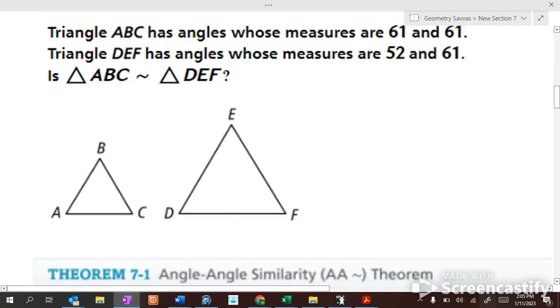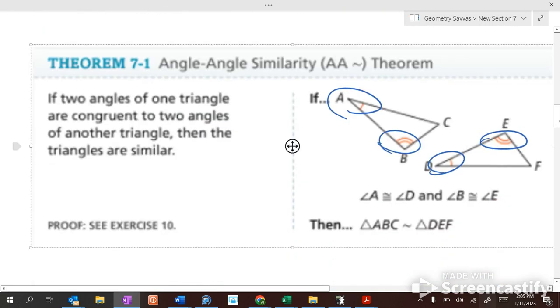So what that says is, as long as you know there are two angles of each triangle that are congruent, then triangles are going to be similar to each other. So all you need to know is two angles. If you know two angles are congruent to each other in each, then the triangles are similar. Now, knowing that in your mind,